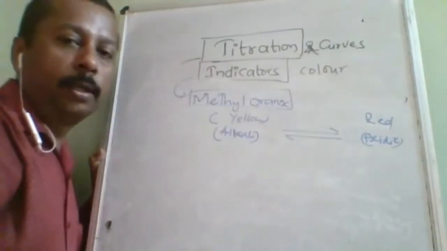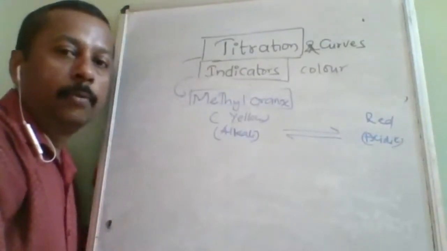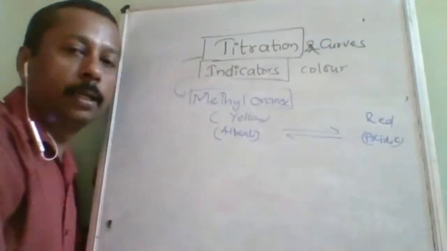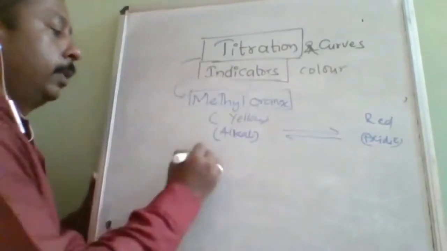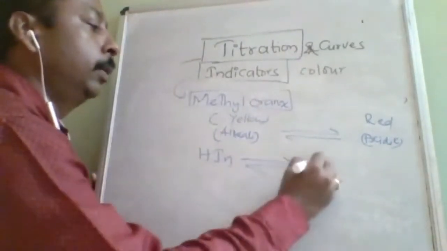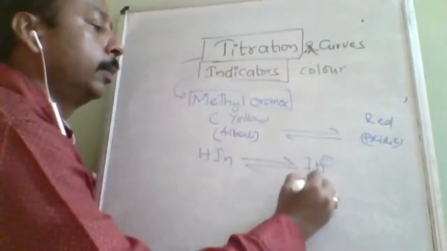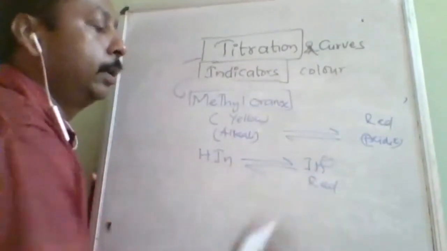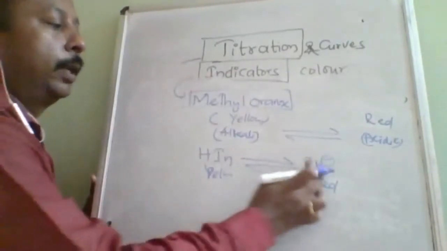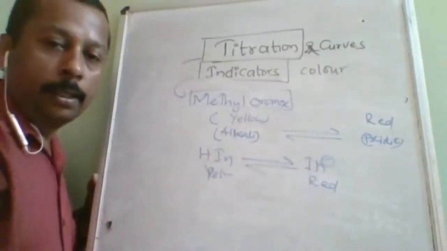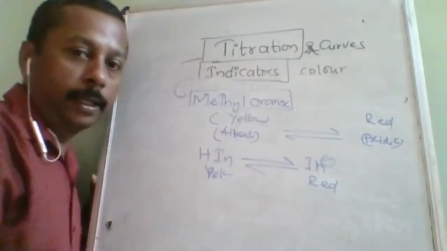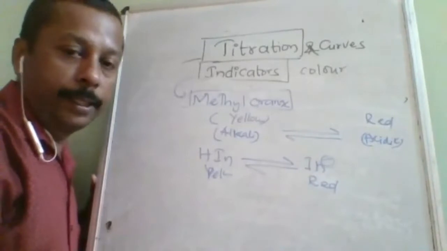So there are no other formulas. They are only weak acid, weak base formulas. For the indicator, HIn and In minus. Suppose HIn is a weak acid, which is suppose red in this condition, and In minus is suppose yellow. Understood? So In minus and HIn, it is just like the Ostwald dilution theory that we are using. There is no separate formula for the indicator. Don't think that the indicator question is very difficult.